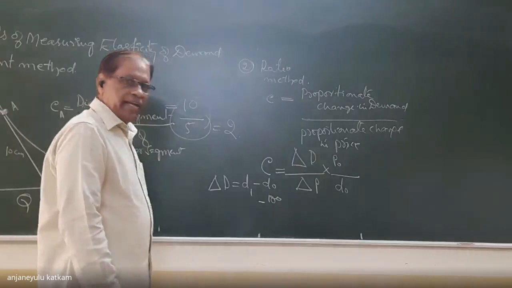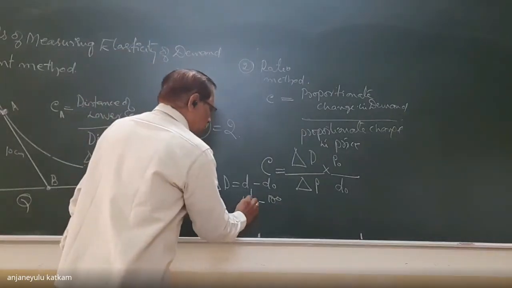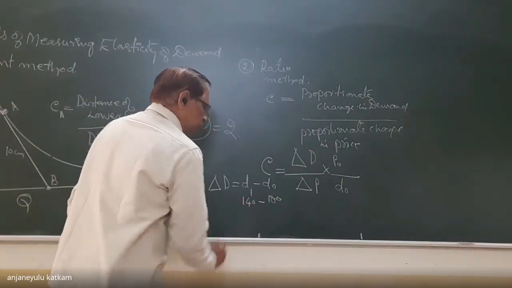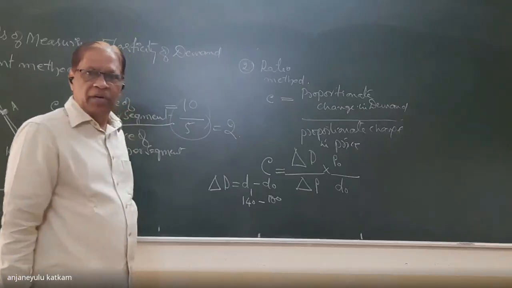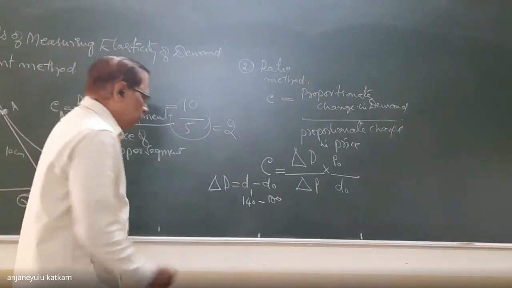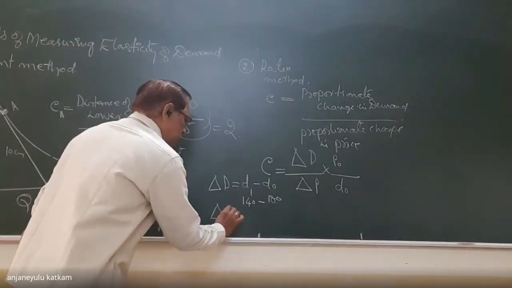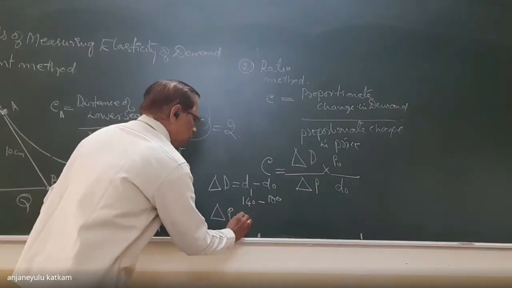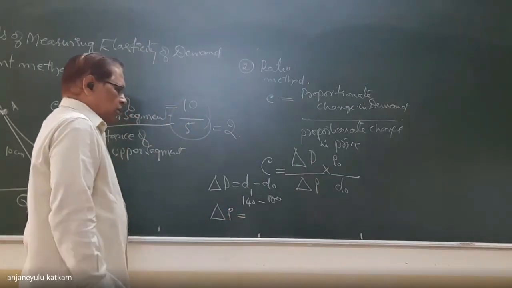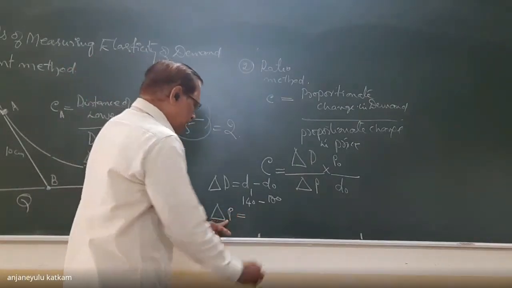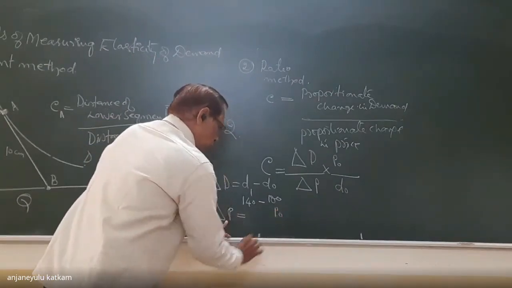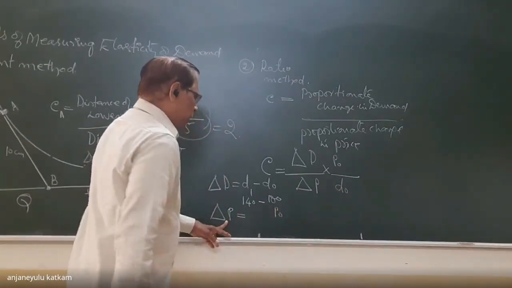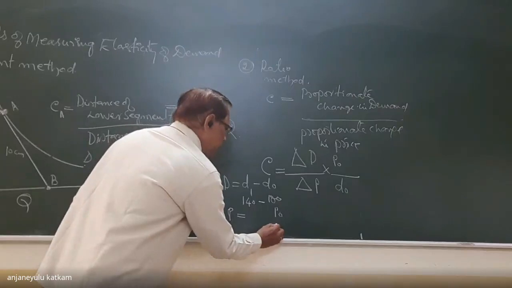After the change, demand, let us take it is equal to 140 units. About the change in the price, delta P, the initial price P0